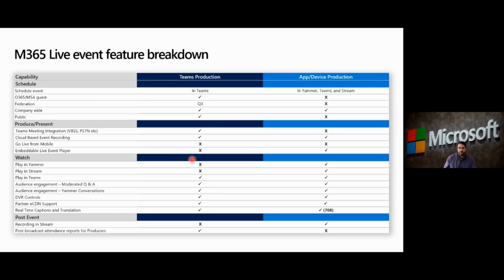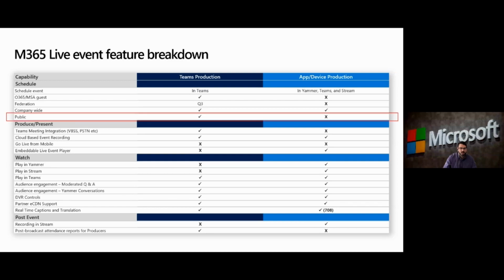All the other pieces are there. Now, the real-time captioning does exist for us, and this is the ability to bring in a third-party service. But recording, you can't actually record that in Stream because all of the production is happening on the encoder. And so you would record it as part of that on the recording.